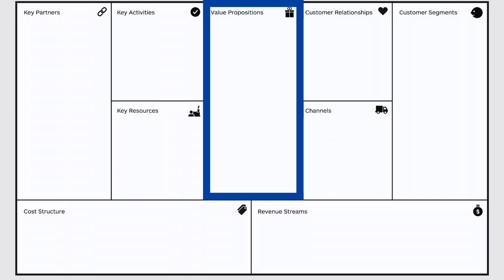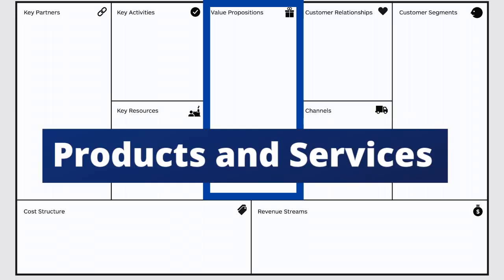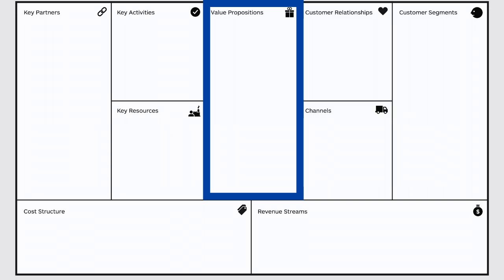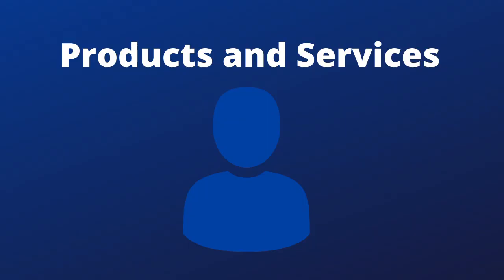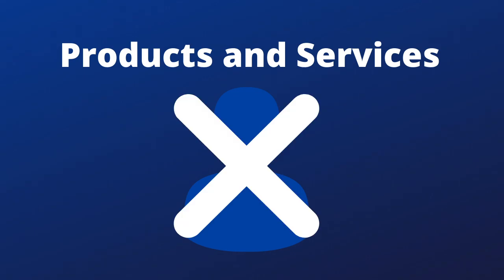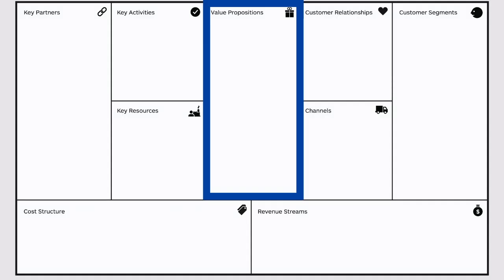The reason that the term value proposition is used, we used to call this products and services. The reason for the difference in name, quite simply, is that when you call something a product or a service, that takes the customer and their view of the product or service out of the equation. Calling it a value proposition is a realization that the only value it has is in the eyes of the particular customer segment.